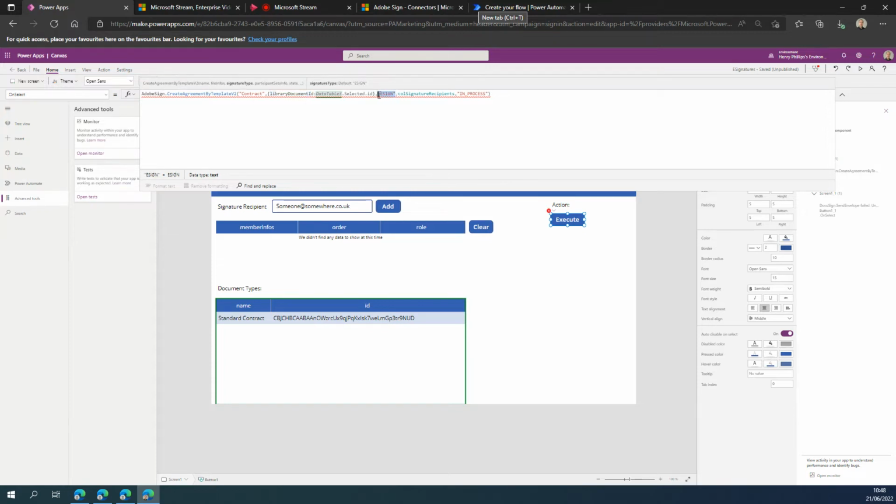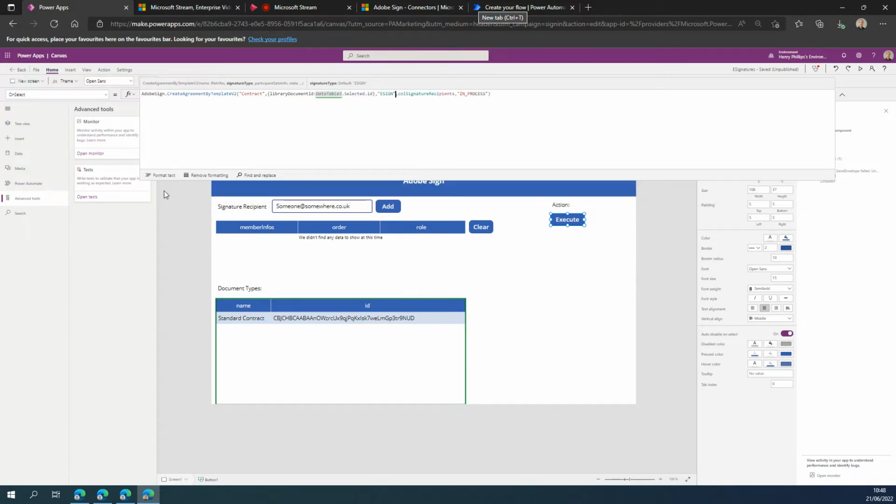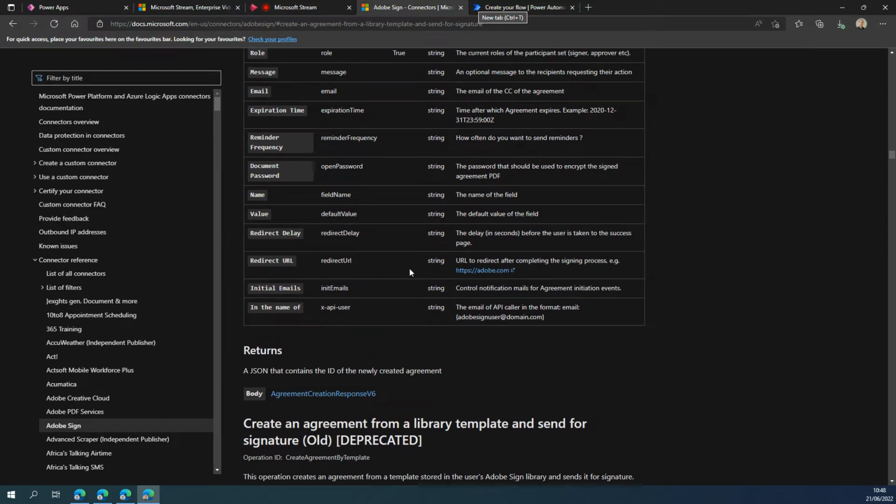Some of them, it will give you the options up front. So for this one, I can see that I've only got the choice of e-sign written, so that's very user-friendly, and we can work that one out. Similar for the state, if we look at the documentation,